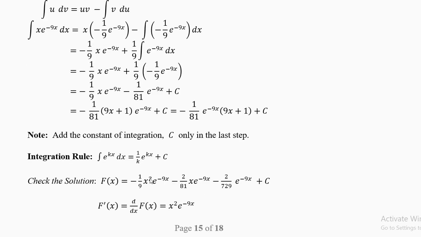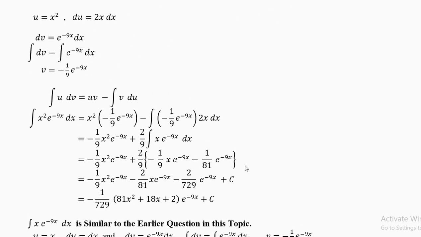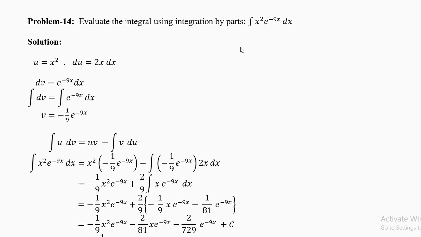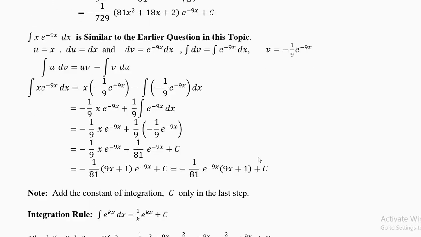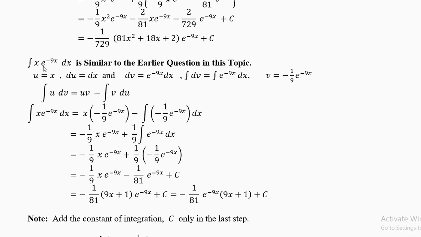Now again you can differentiate and check the answer. What is important is, if you start with power 2, you will go to power 1 after the first integration by parts. Then for power 1, again you do it in the margins. Power 1 will go to power 0, e power minus 9x. This you can do with the help of that one page formula. If you start with power 20, it will go to power 19, then 18, then 17, then 16. You'll need 23 pages to do the answer.